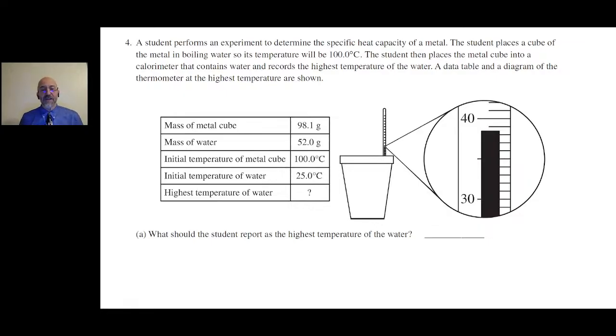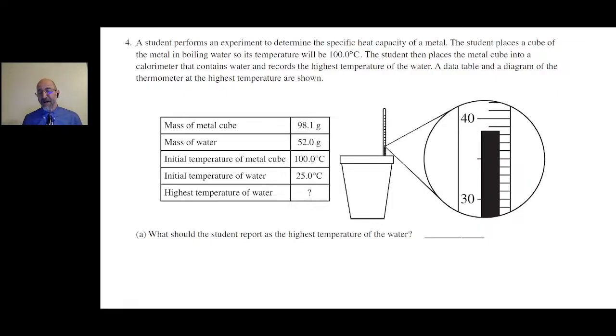Is it 30? No. Is it 35? No. It looks like it's 36, 37, somewhere between 38 and 39, and you need to show the correct number of decimal places. If this was a burette, that would be different. You'd have a different kind of arrangement here, but I would say it's somewhere between